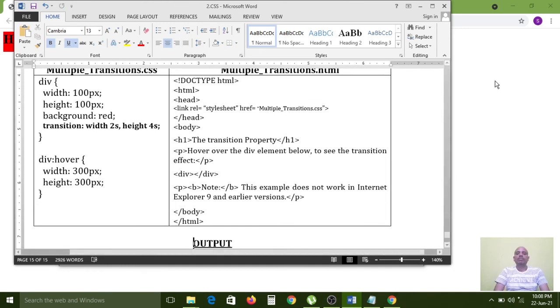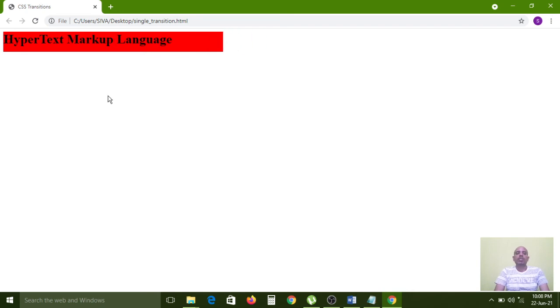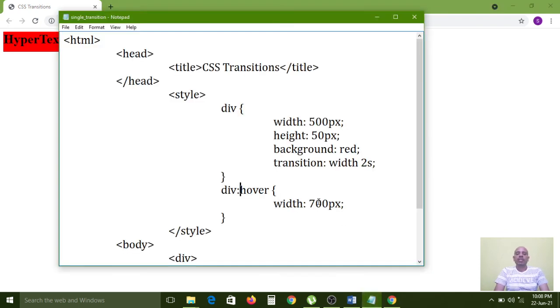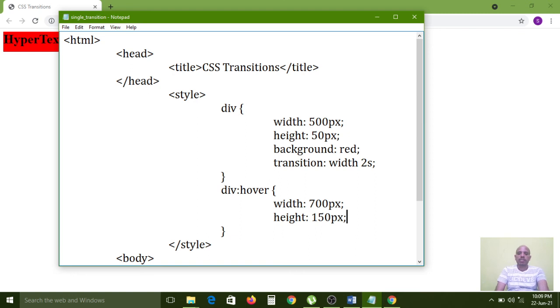Now if my mouse is moving on that, the background is increasing, the width is increasing. Now I want to increase the height also. So for that, here in the hover block, the height we already have as 50 pixels. So if my mouse pointer is over that text, over that background color div tag, then immediately the height should also be increased to 150 pixels. And here we just need to use a comma.